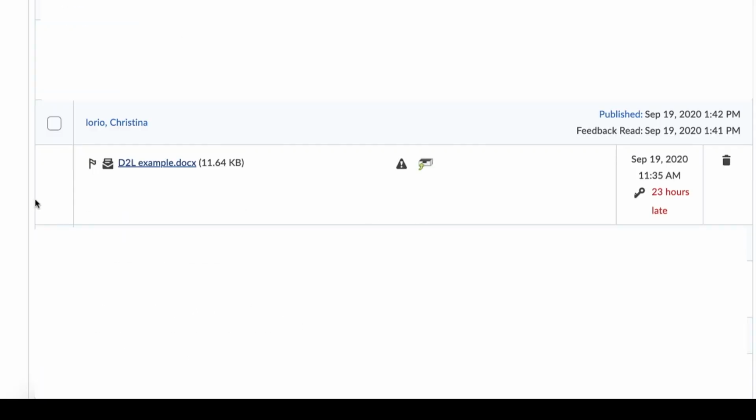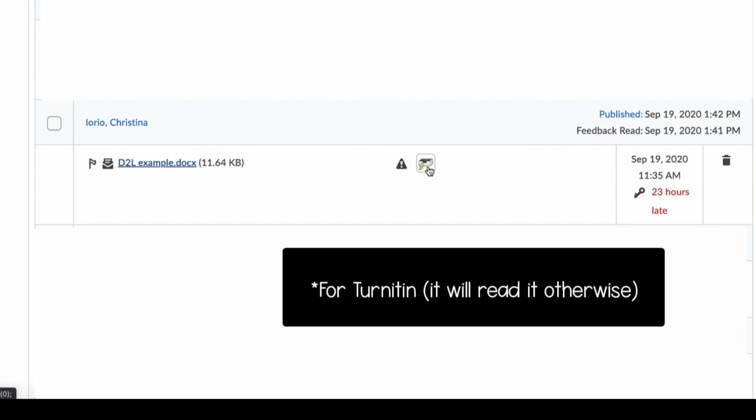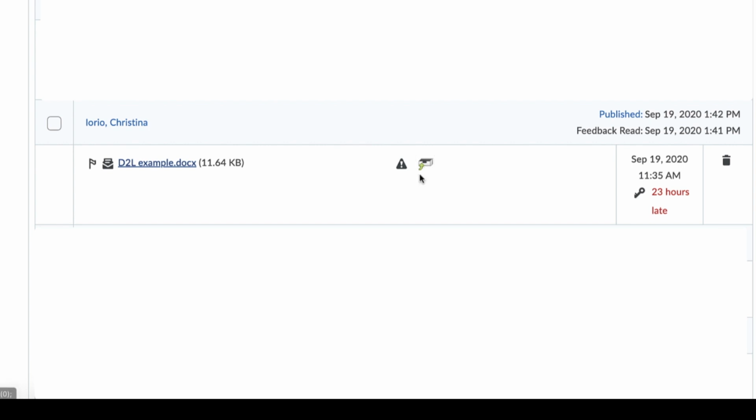Now in D2L, I submitted a document to show you as an example as part of one of my assignments here. So you'll see this little drop box that shows up with an error message. What that's saying is that this file type is not acceptable. So if you see this, that's what it's referring to. D2L prefers PDFs. So always try to encourage your students to try to either